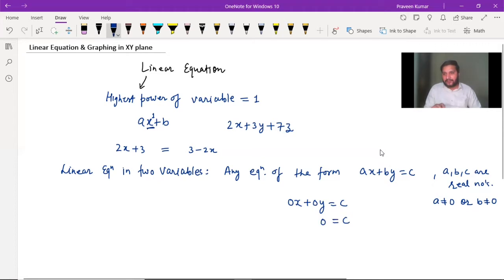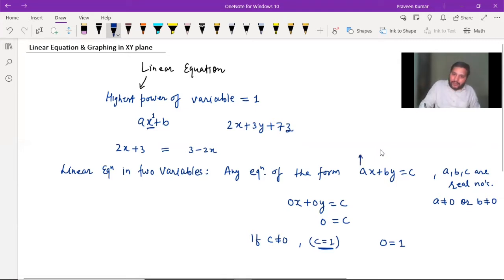Think if c is not equal to 0. Let us give any value to c, say c is equal to 1. Then it will become 0 is equal to 1, which is meaningless. That's why I have written either a is not equal to 0 or b is not equal to 0,